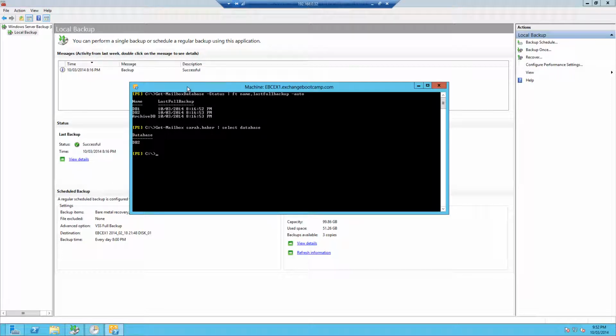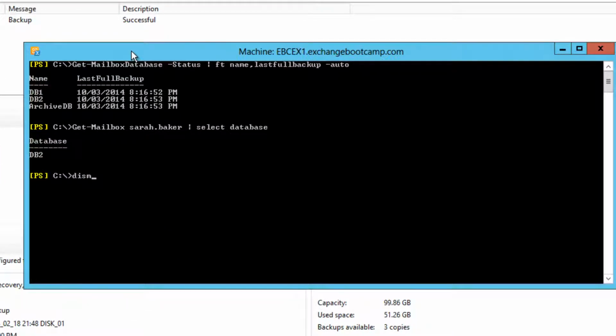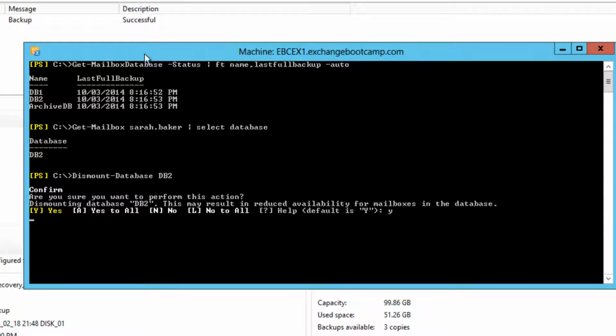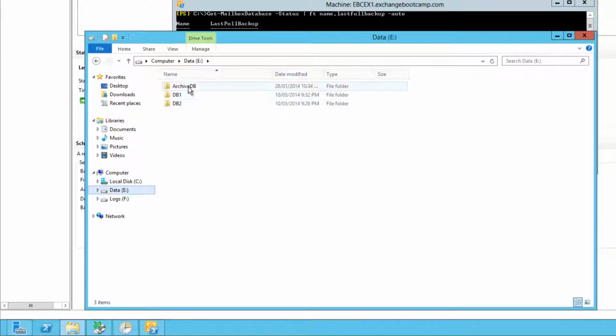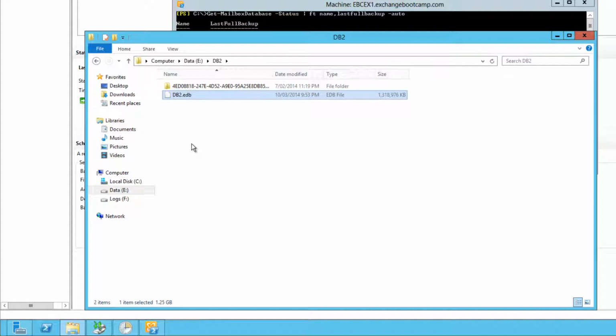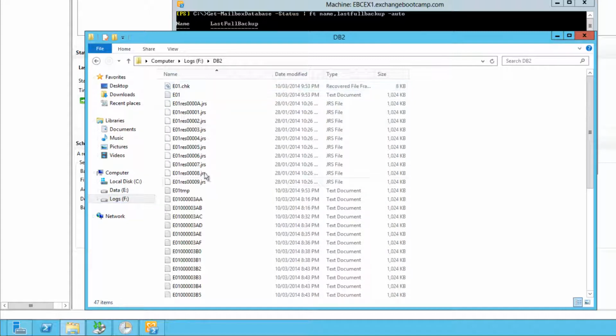So jumping back to the server. Now, I can't just go ahead and delete the file. The file will be locked. It will be in use by the Exchange services. So I'm going to dismount that database first. And go into Windows Explorer and delete the file. So that file is gone, and we'll leave the transaction logs behind